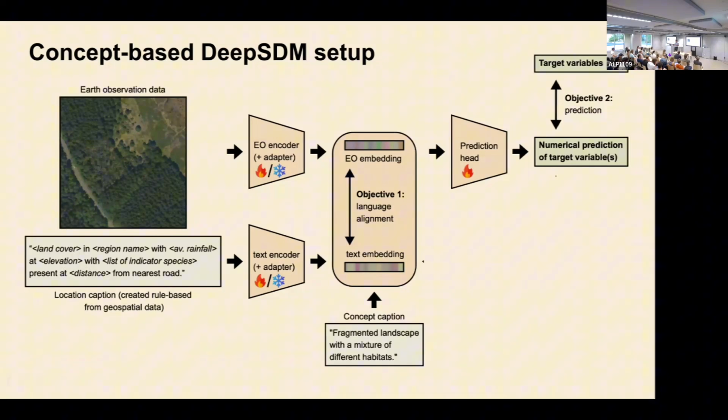The reasoning here is that there's some work on this, but often the captions that are used for remote sensing data are quite colloquial. So they will say something like, stunning scenery with a lake next to a forest, which often has been generated through a VLM in the first place. But because here we're interested in very fine-grained ecological information, we generate these captions using existing geospatial data. So if we already have data on climate variables or land cover, the things that we know influence species distributions, we can convert these to captions.